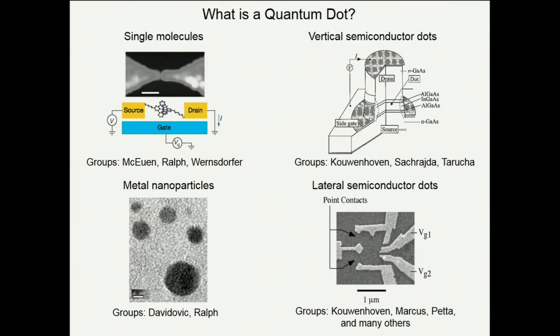This is an etched pillar. You can see here's a pillar of gallium arsenide, aluminum gallium arsenide, and they've used this vertical quantum dot structure to make an etched quantum dot. To have more control, instead of etching a system, a commonly used approach is called a lateral semiconductor quantum dot. You can start with a 2-dimensional electron gas system, and on top of that heterostructure, fabricate gate electrodes. These are titanium gold gate electrodes sitting on the surface of this heterostructure. And by applying the appropriate voltages to these gates, you can create a corral that you can trap a